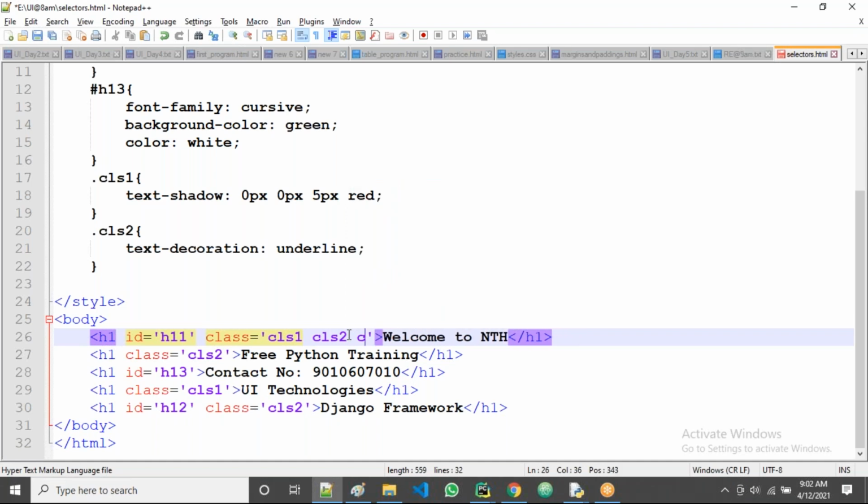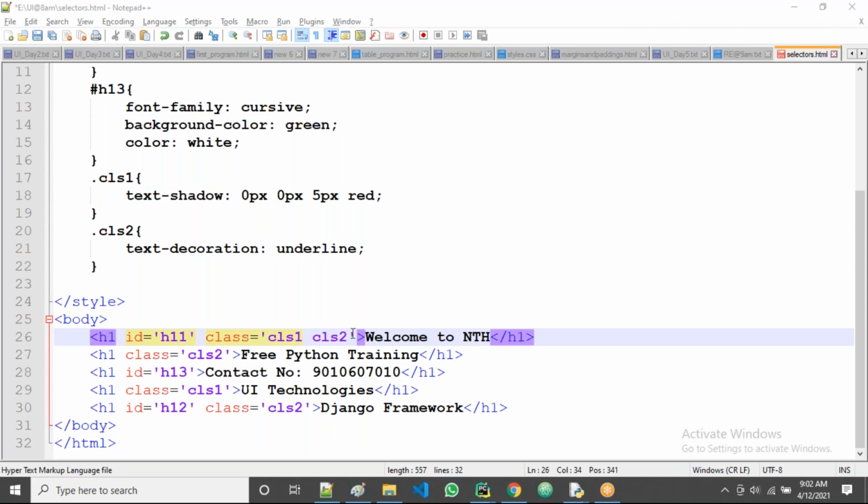Let me know what do we do. Do we take the class equal to again? Or else just we take the space and the class name, guys. What do we do here?